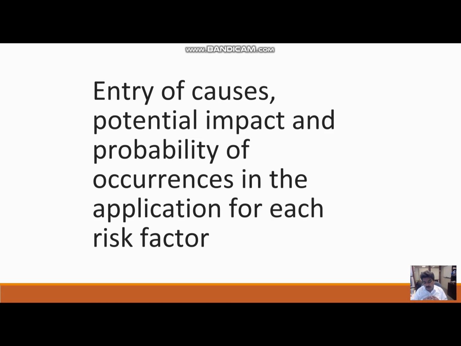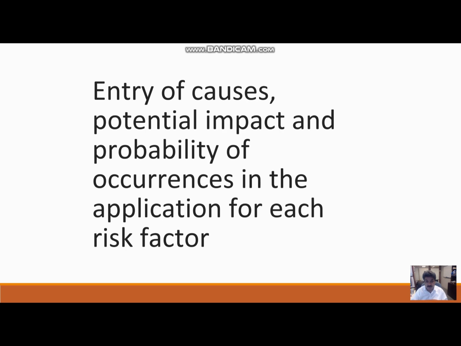One new big change in the new application is the entry of causes, potential impacts, and the probability of occurrence of a particular risk. In the past, we did introduce this concept of potential impact, probability, and causes, but there was no entry into the system itself, and this was more to be done in the justification box. But the results of the assessments were not so good in our previous review. So BOA recommended that we should have some online entry of the causes, the probability and the impact.